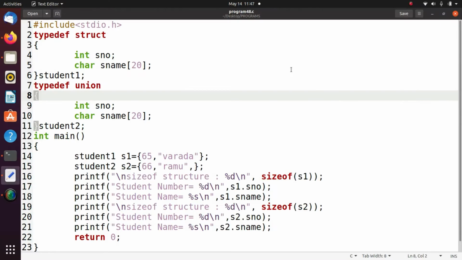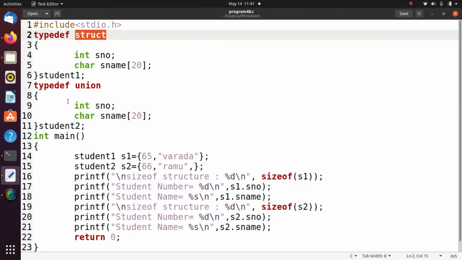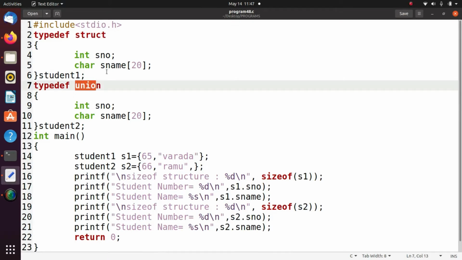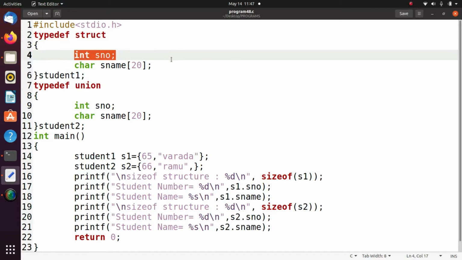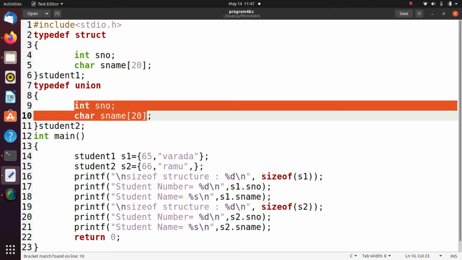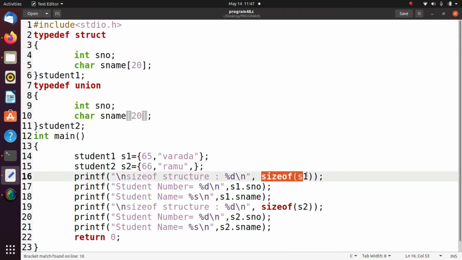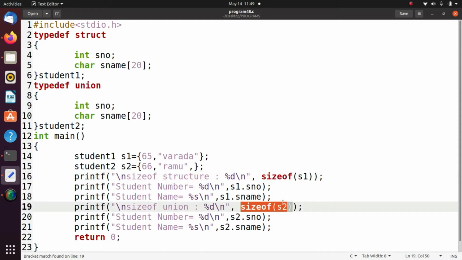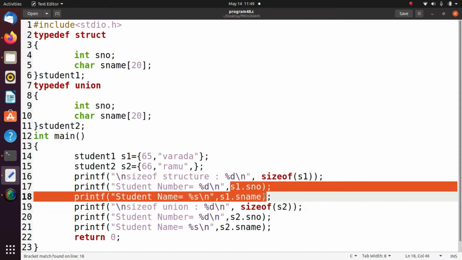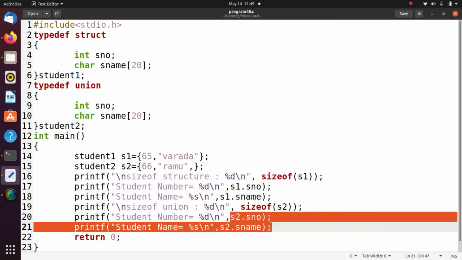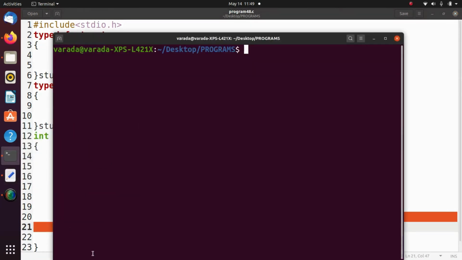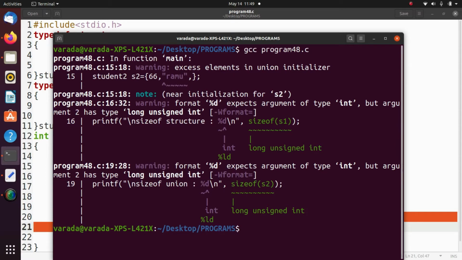Now we see the execution of union and the difference between structure and union. We execute this program here. This is the structure and this is the union. We find the size of structure S1 and the size of union S2, and we print the content of the structure and the content of the union. GCC program 48.c. All these are warnings, no problem.